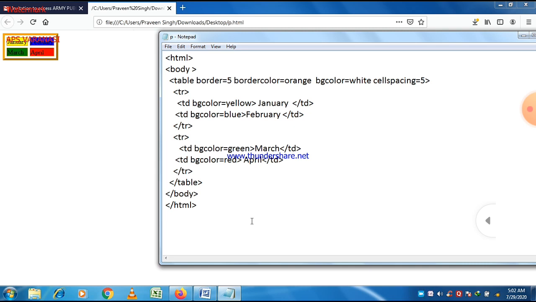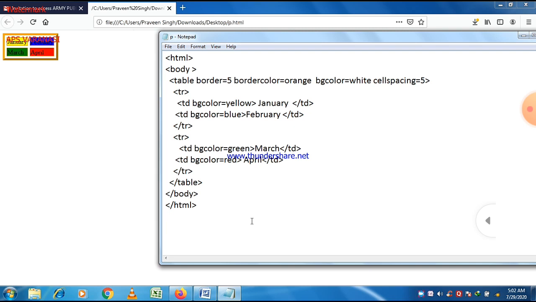But one thing is very important. If we don't define the border attribute, then there is no border visible in a table. So to put a border in a table, at least give the border attribute within the table and put border equal to at least a value of 1, meaning any positive integer.